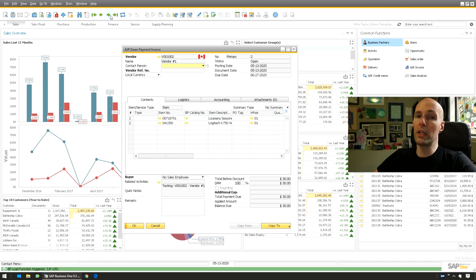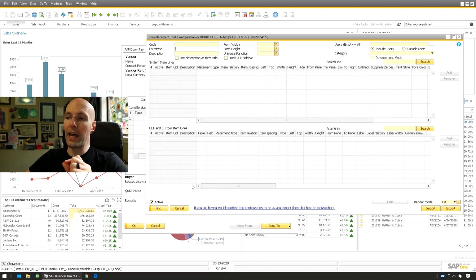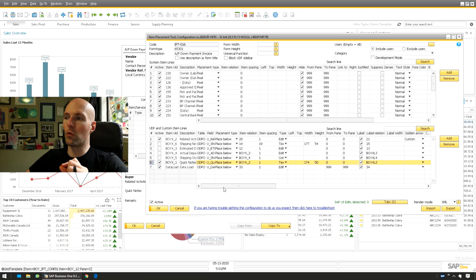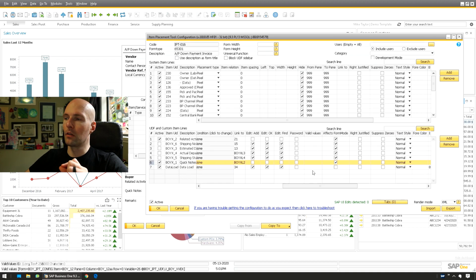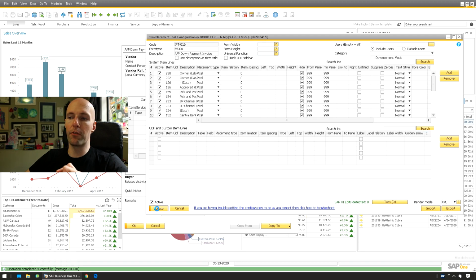So this might not be what's actually in that UDF, but what happens is because it's on the data load function, it will show what is being run with those triggers. And you can see at the bottom, it's showing you that the status bar is being triggered with that function. So the last little note on that with the quick notes is you just need to right click, check your edit item placement, and just make sure that the quick notes does not affect form mode. So quick notes does not affect form mode. You don't need to store that there because you're always going to be refreshing it.